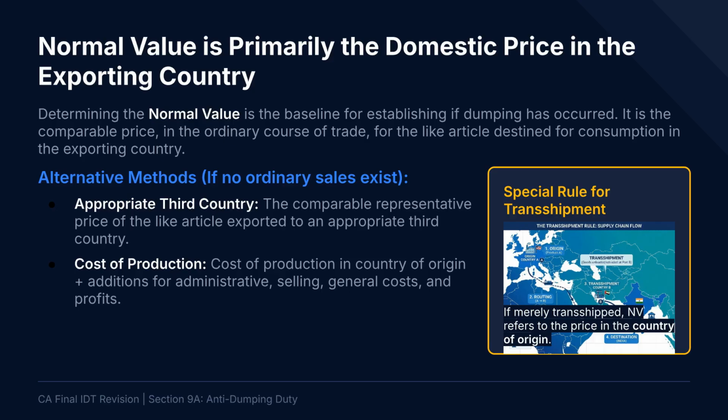However, if no such domestic sales exist, alternative methods are used. Authorities may consider the price charged in an appropriate third country, or calculate normal value using production cost, plus reasonable additions for administrative expenses and profit. In cases involving transshipment or indirect exports, normal value is usually determined with reference to the country of origin, rather